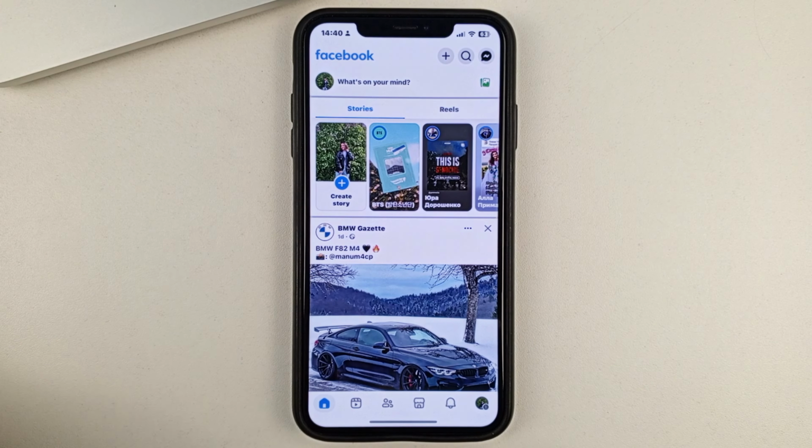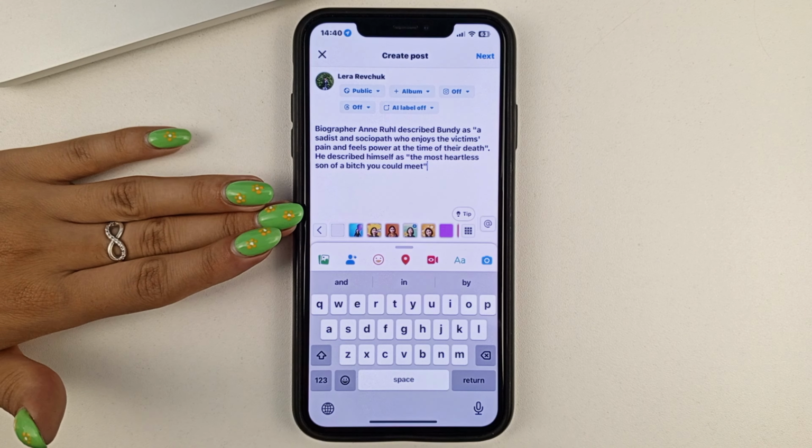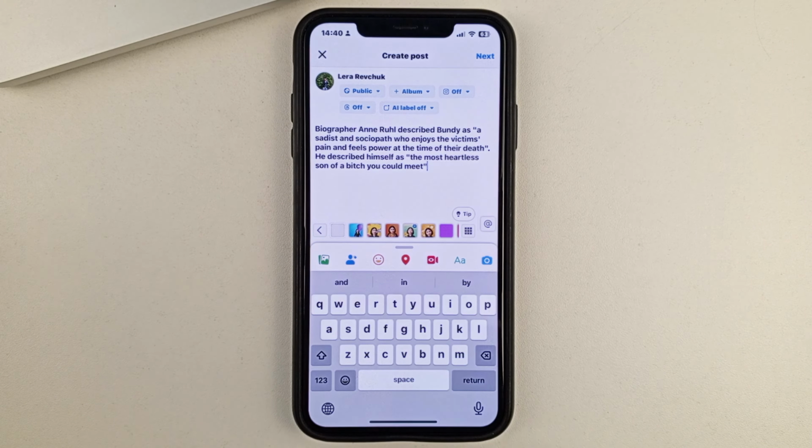So friends, let's say you're in the Facebook app and you want to put up some post. You got the text, like you see it in my post. And let's say you want to change the font of that text, something more interesting to draw more attention to the text. So what can you do? Unfortunately, you can't change the font right here on Facebook the way you want.